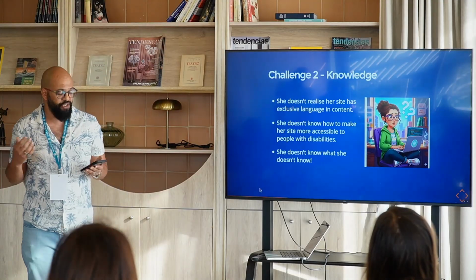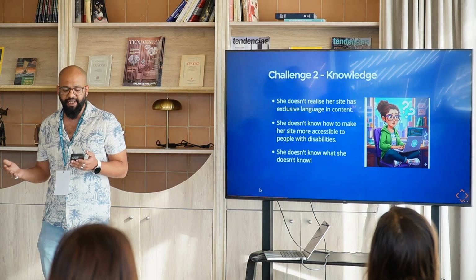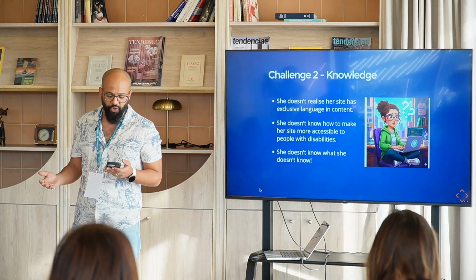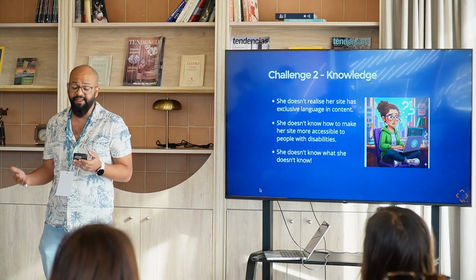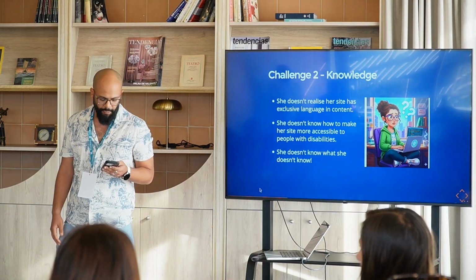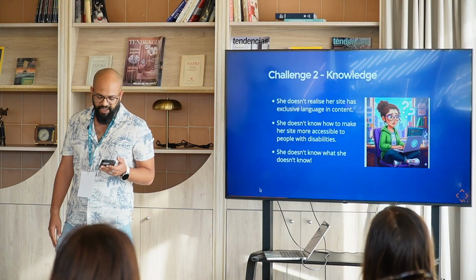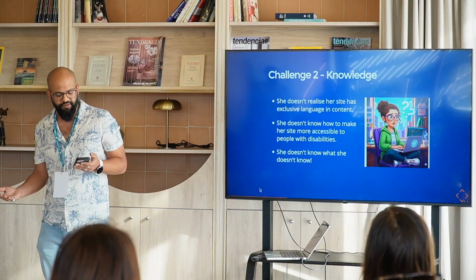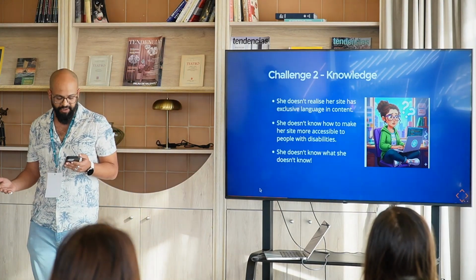The second challenge is knowledge. Accessibility often requires specialists to understand the standards and tools, or to have a diverse team that understands different perspectives. Maria tried to use a screen reader herself for the first time and became frustrated, not knowing if that's her own inexperience using the tool or her code that's making it difficult.